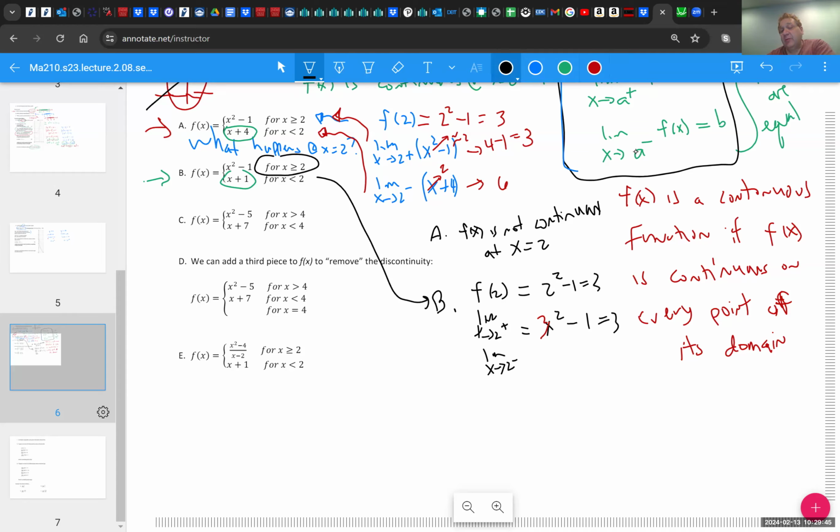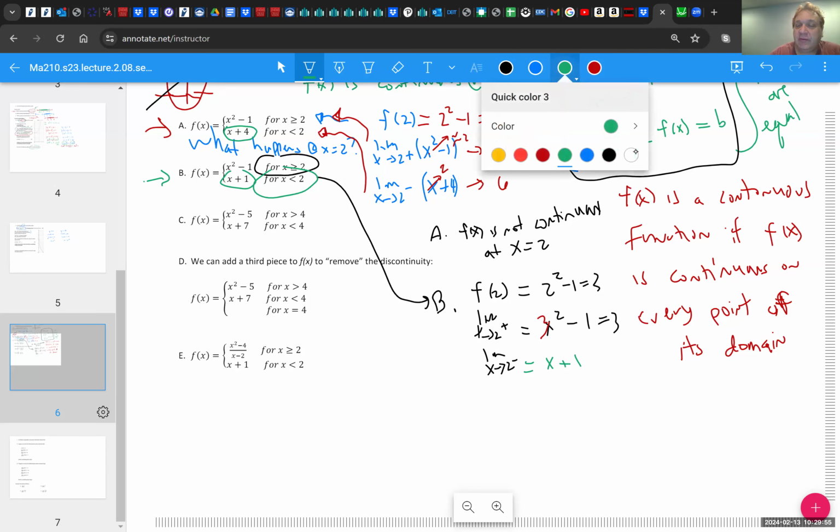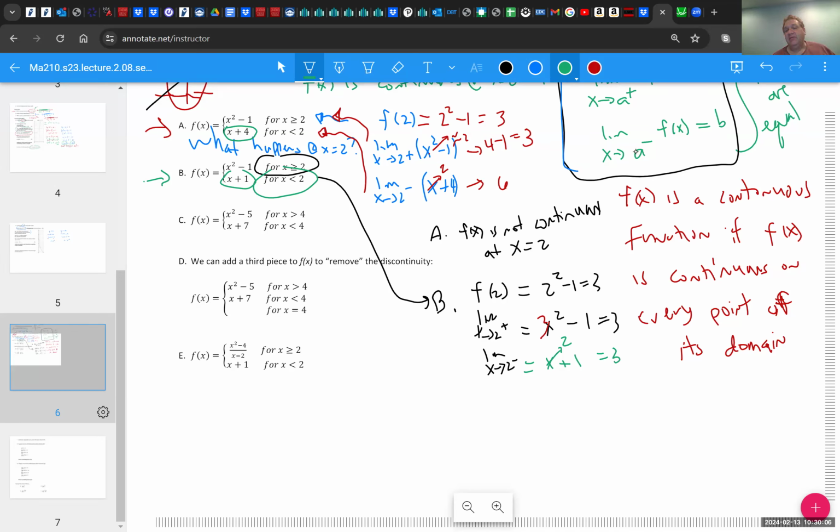And for x approaching 2 from the left, we use the bottom branch, right here, x plus 1. So this is going to be x plus 1, where x is getting closer and closer to 2, but from the left-hand side, like 1.999, something like that. So it becomes infinitesimally close to 2, and 2 plus 1 is equal to 3. And we have the value of the function, the limit from the right and the limit from the left, all equaling 3. So in example B, the function is continuous at x equals 2,